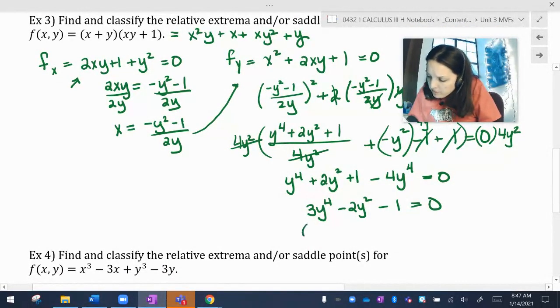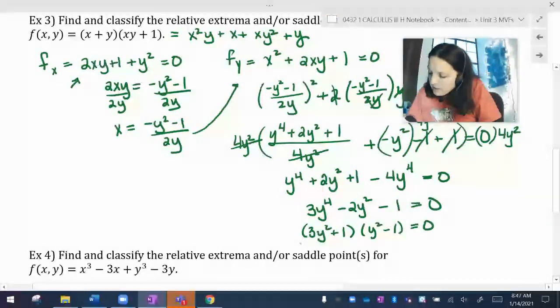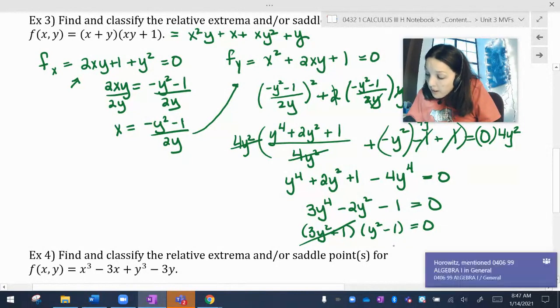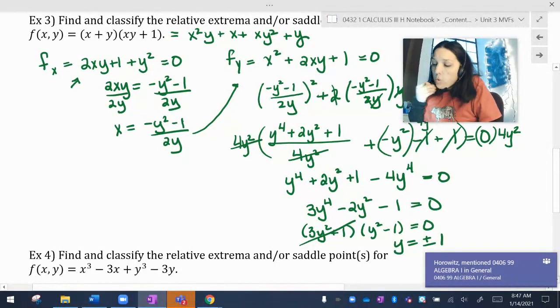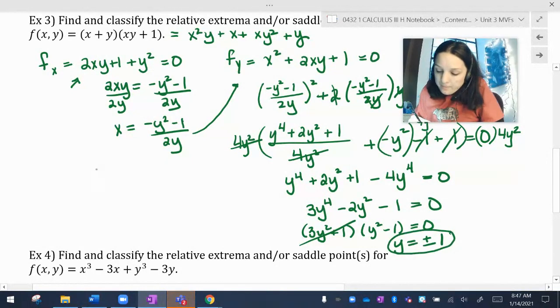That looks factorable, so 3y squared plus 1, y squared minus 1. That's not going to equal 0 unless we dip into imaginaries, which, no thank you. Y squared minus 1 equals 0 when y equals plus or minus 1. All right, so if y equals plus or minus 1, at y equals positive 1, I'm going to have